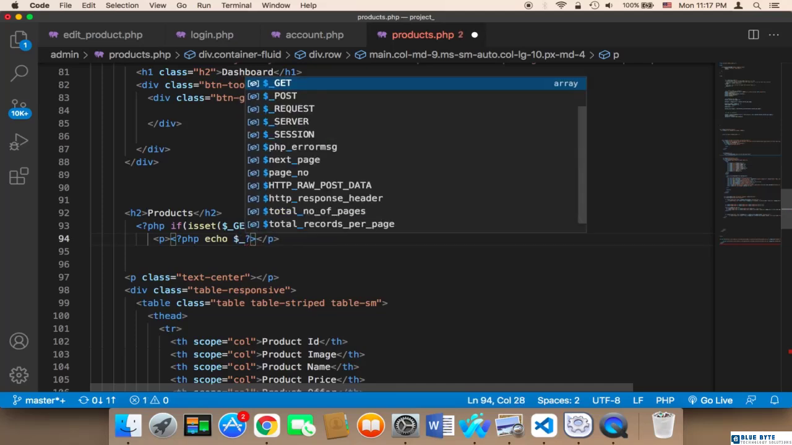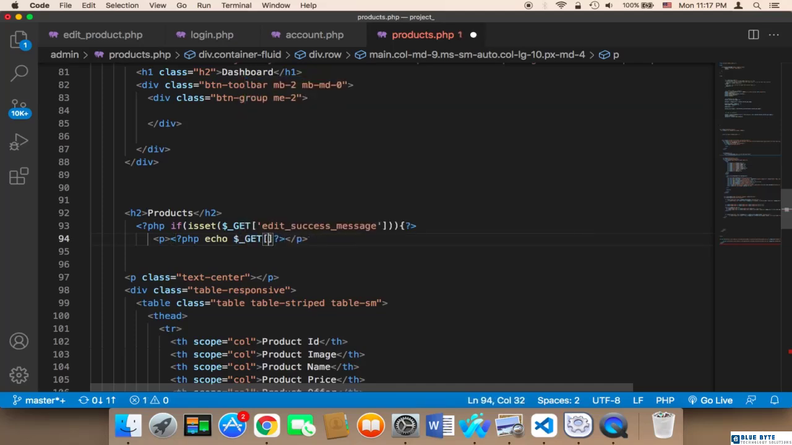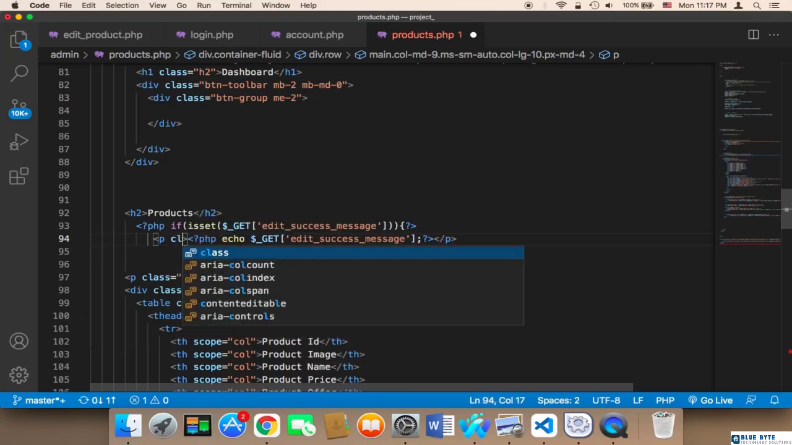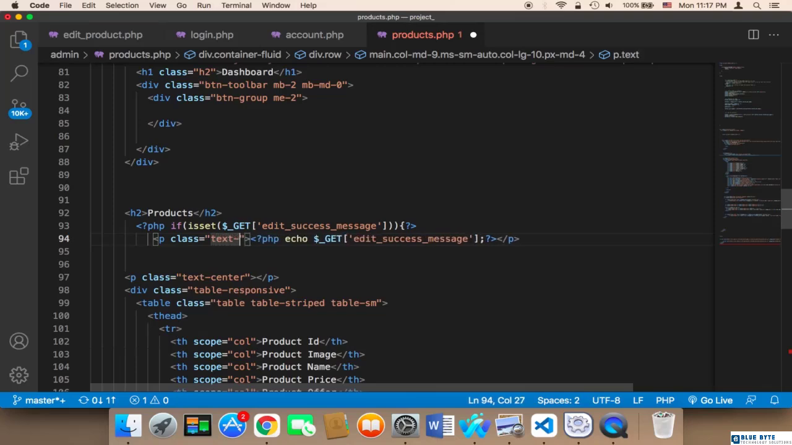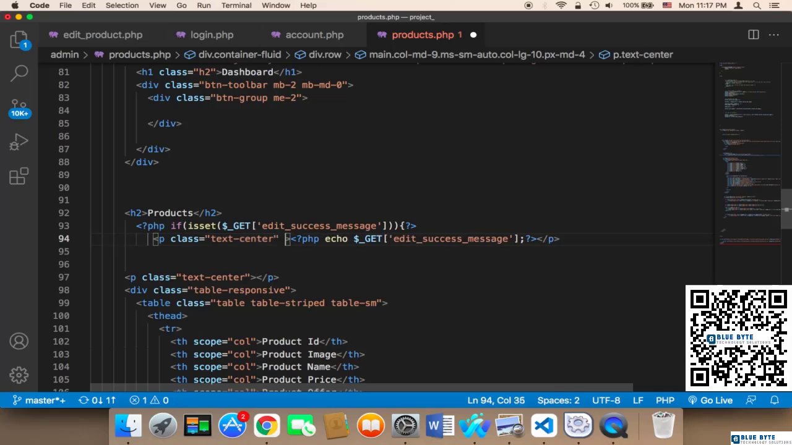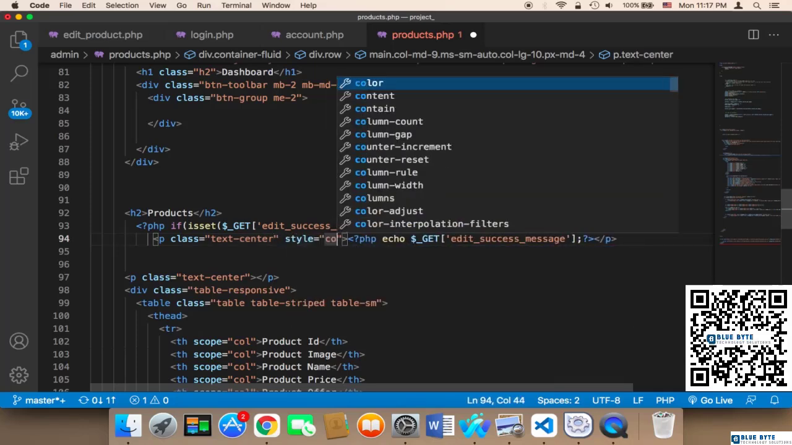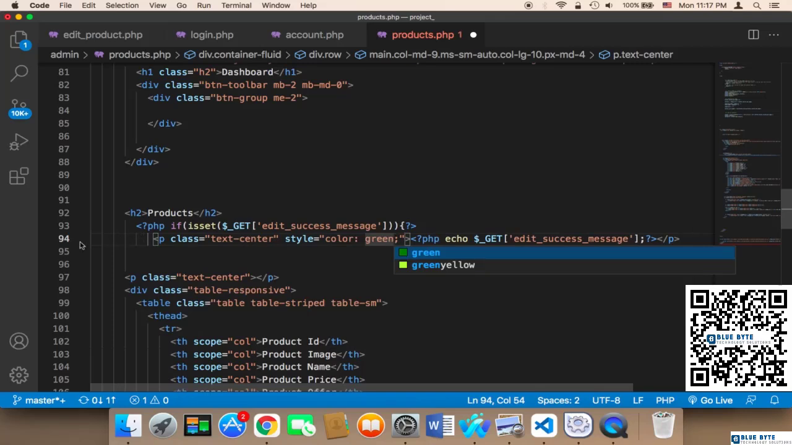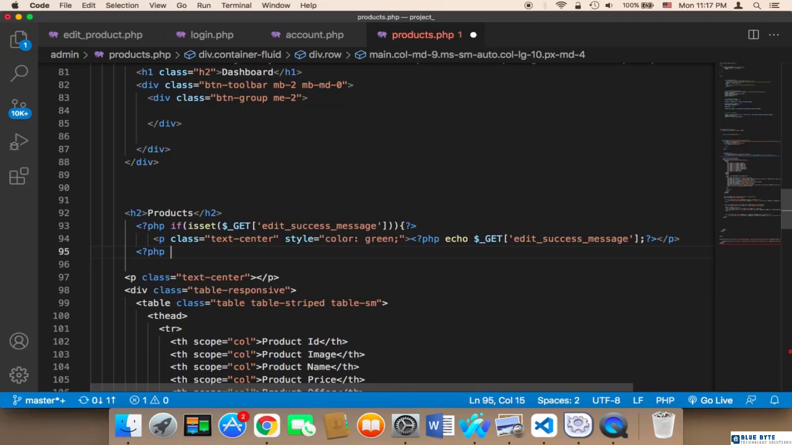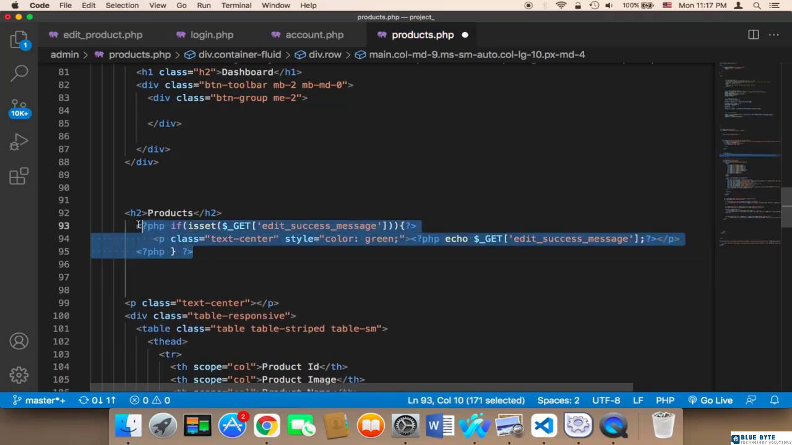I'm gonna say echo edit success message, and I'm gonna add to this message a class text-center and a color. The color is gonna be green. I'm gonna say style color green, and then close the PHP code with a curly bracket, and close this. And in case of failure, in case we have an error and we want to display an error,